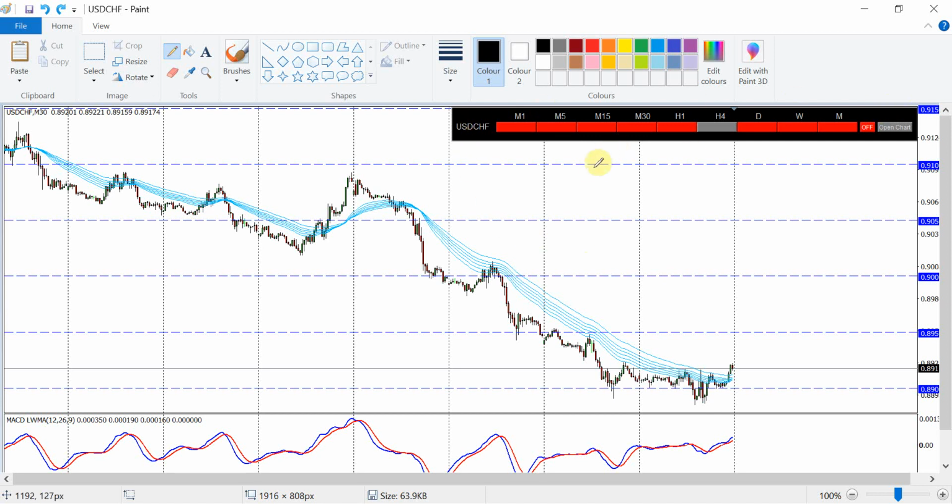We've then got the trend dashboard, and for those of you who are new, again, another free indicator. I'll link to all those videos in the top right hand corner. What the trend dashboard does is utilize 3 moving averages which are completely customizable, and if they're all aligned in the right direction, it will tell you for a particular time frame whether it is trending downwards, in red, or upwards, in green, and in grey, as you can see in the 4-hour chart,